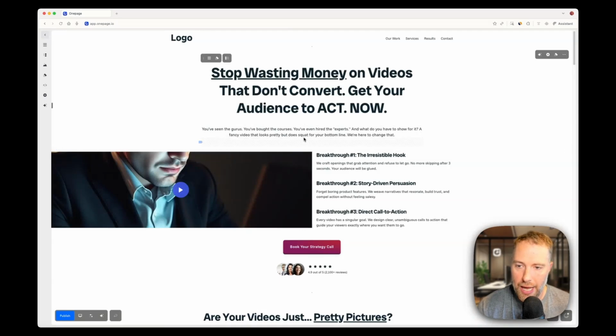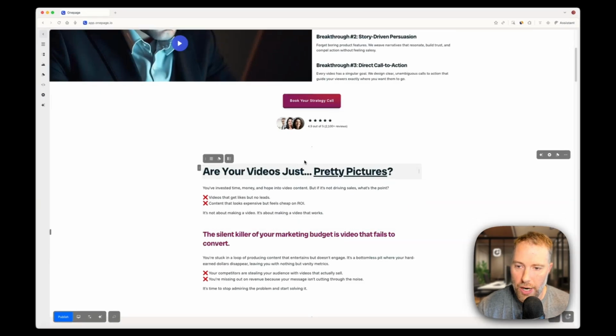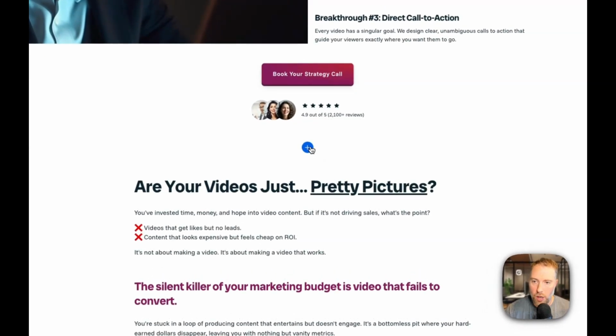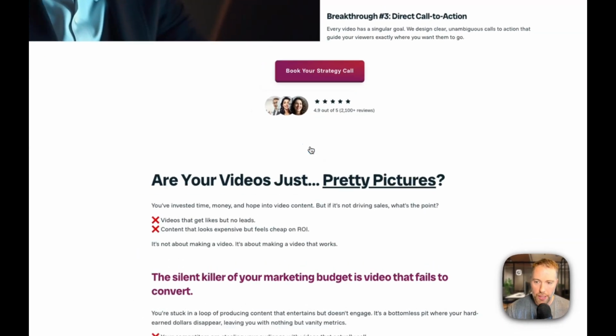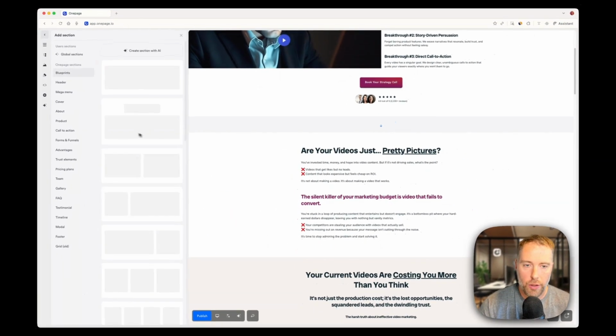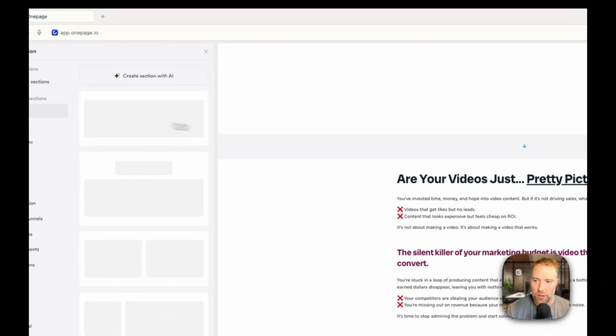Let's just say we wanted to add a new section, and we're going to add that section maybe right here, below the book your strategy call. So we can hit this blue button. Okay, so of course we can add any of the pre-built sections like an about section or call to action, forms and funnels, but we can also add custom code, and I'm going to show you how to do that now. So we're just going to go to the blueprints, and we're just going to add this sort of one